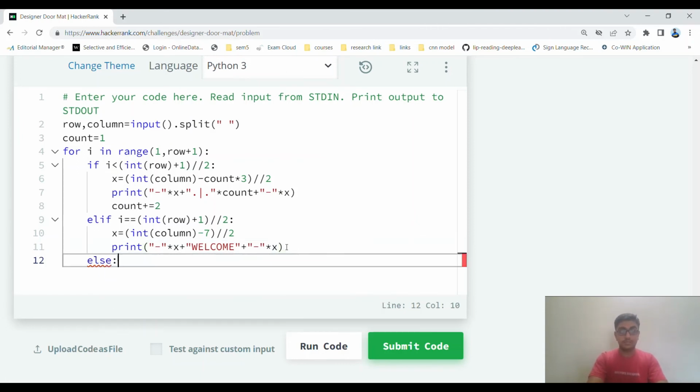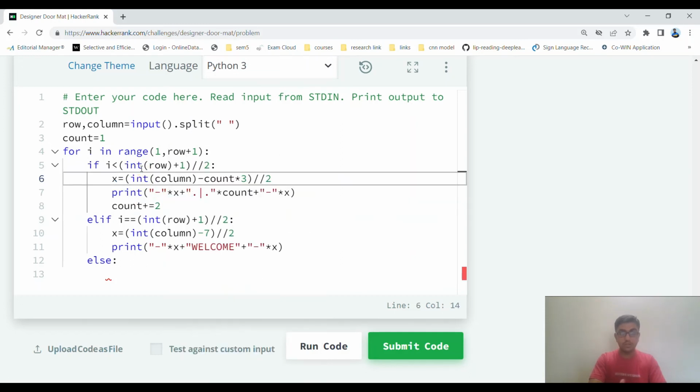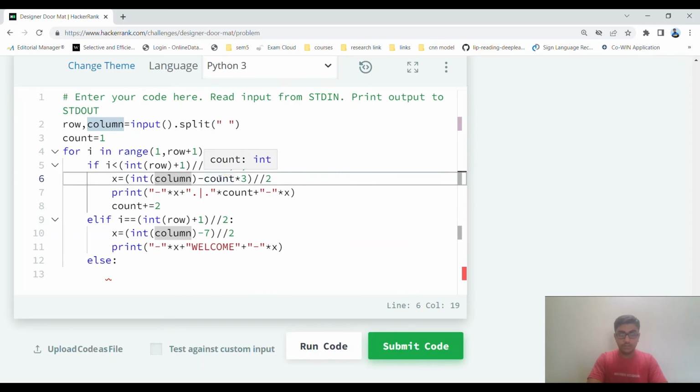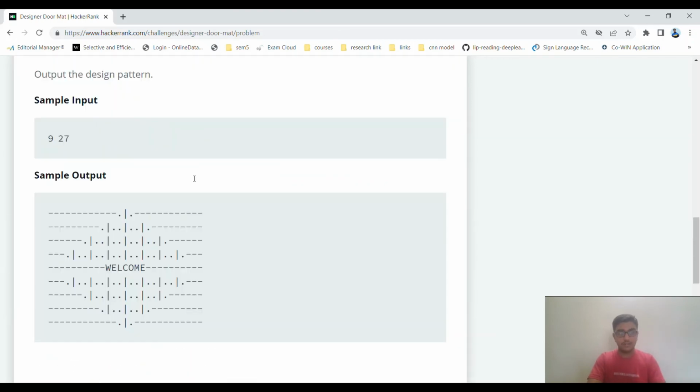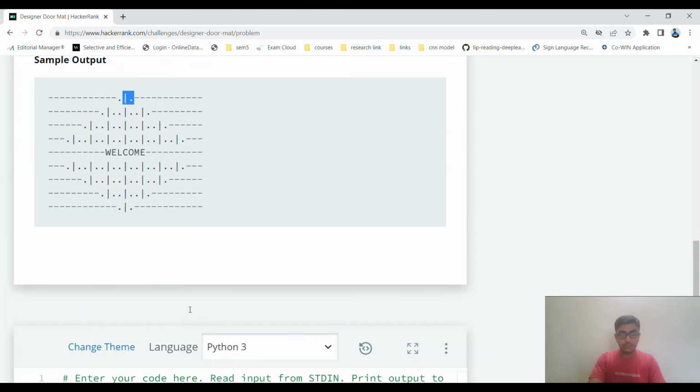Else, now what is the case? See, suppose there were 7 rows, so total 1 to 8. So this condition will be satisfied how many times? For 1, 2, 3. For values of I 1, 2 and 3, row numbers 1, 2 and 3. So for the first time, our count will be 1. So it will print that center one, this pattern one time. For I equal to 2, it will print 3 times,